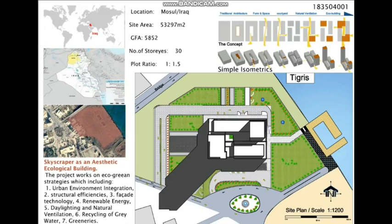This is the project of eco-green skyscraper. The idea of the building came from the style of architecture in that region, as the traditional architecture in the old Mosul city is characterized as a space architecture and not a block architecture, and it is old residential and commercial building,